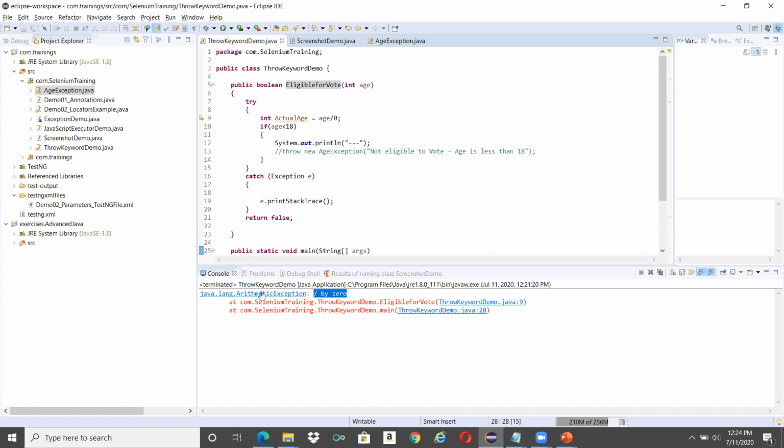What you have to learn is that exception handling is the basic thing that we need to handle in our test cases. A test case is said to be a best test case only when it is properly exception handled. This exception handling is achieved using three ways. One is the try catch block, second is the throws keyword, and third is a user defined exception using the throw keyword. This is all about the exceptions.